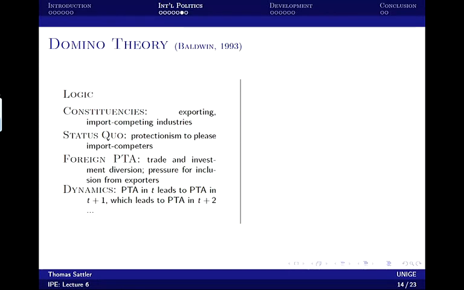So now that means that we three now have a preferential trade agreement, so a fourth country is discriminated, right? So that fourth country wants to have a preferential trade agreement with me, with you, and that third country. So now already we started with one preferential trade agreement. That led to two new preferential trade agreements. And those two new preferential trade agreements then lead to three more preferential trade agreements. So that's the domino effect that's happening here.